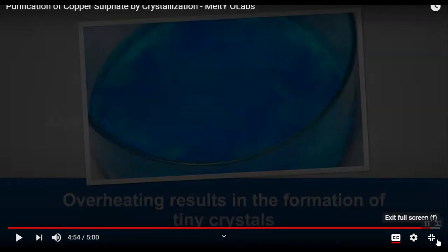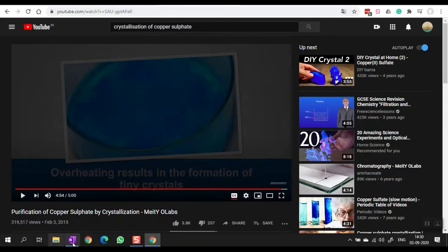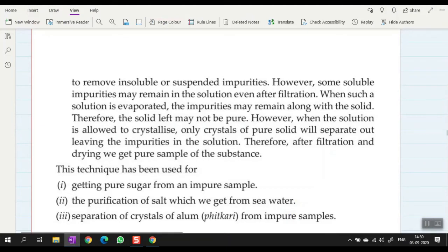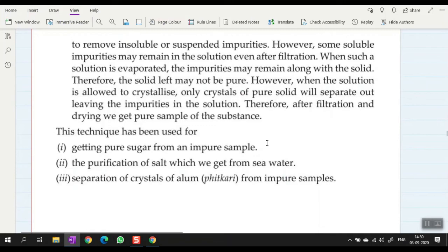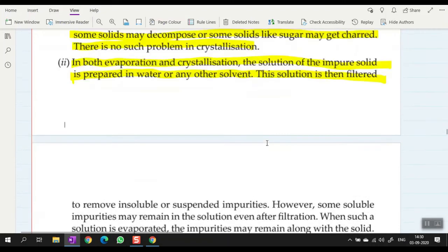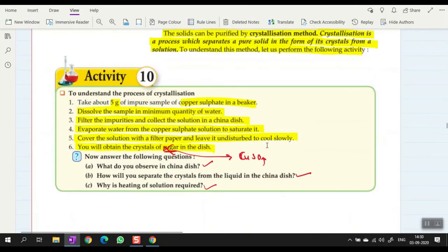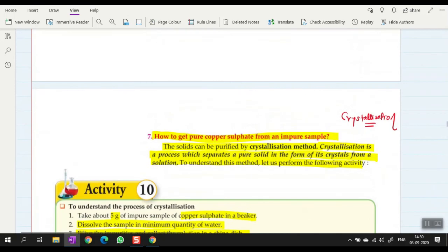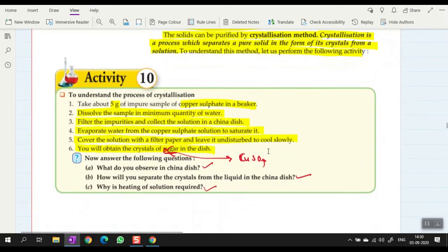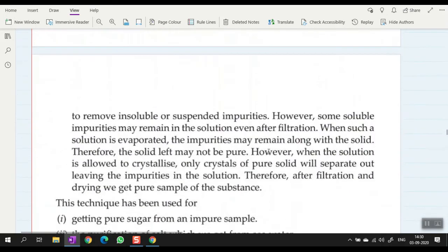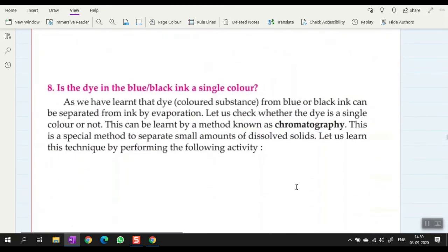So yeah, that was the process of crystallization. I think it was very clear with the help of this video. Otherwise, we would never be able to understand how this process takes place. Okay, so that is the process of crystallization which you just saw. You read it with me, and then you also saw the video. Okay, the next process is